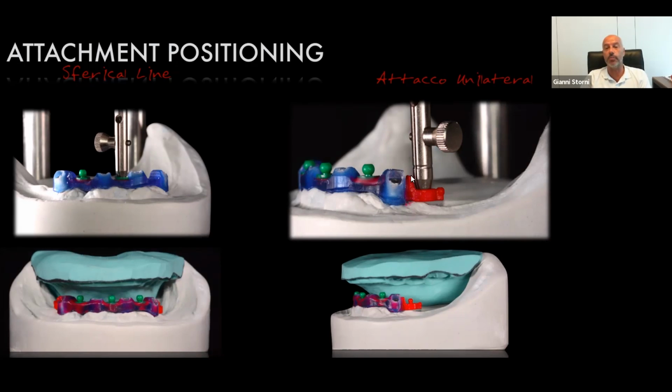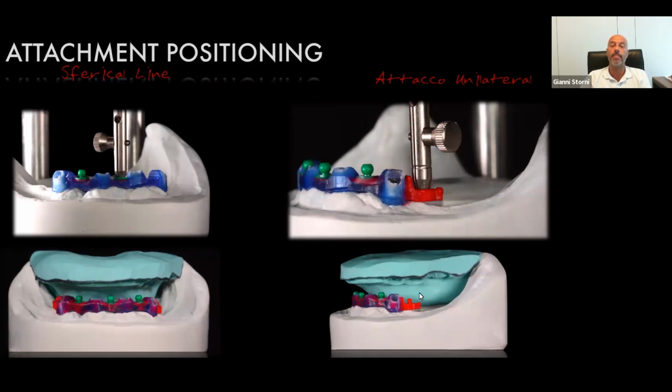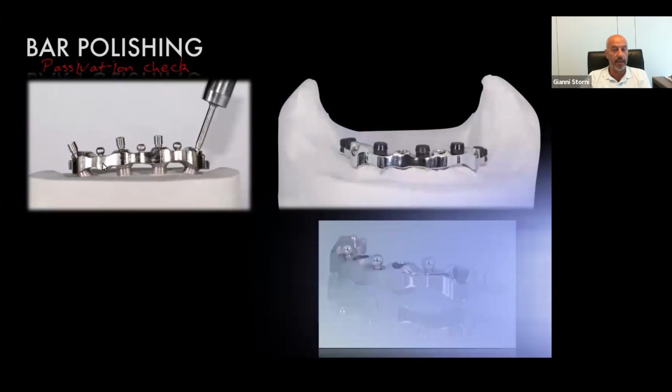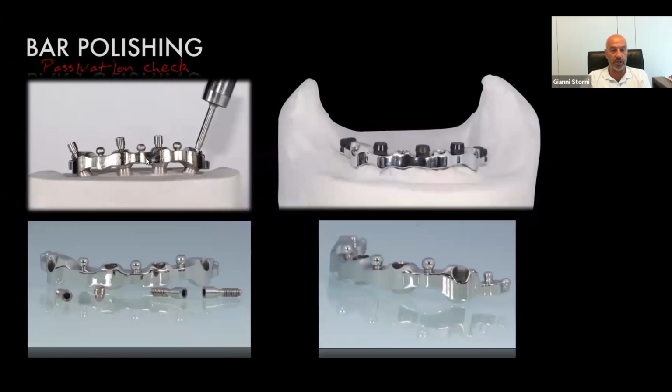So in this case, you position 2 attachments in the distal, and you can control the resiliency using softer or harder caps. Now we finish the wax up, we cast, we check the precision on the